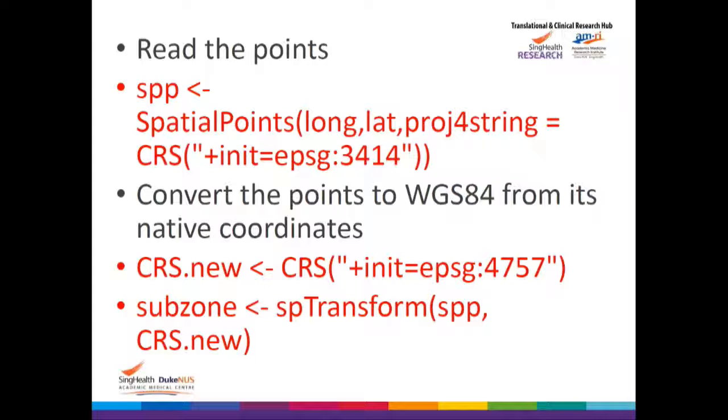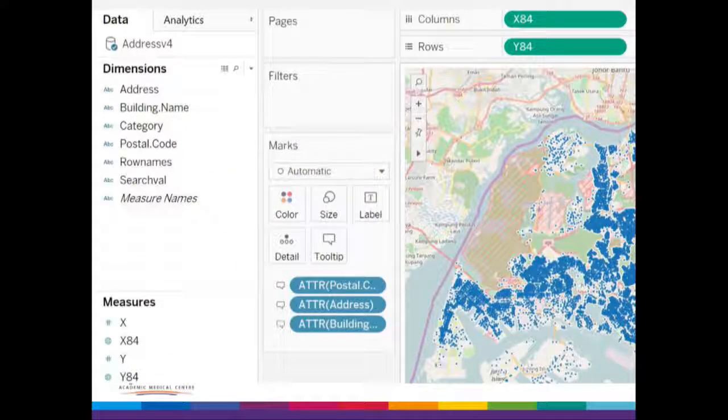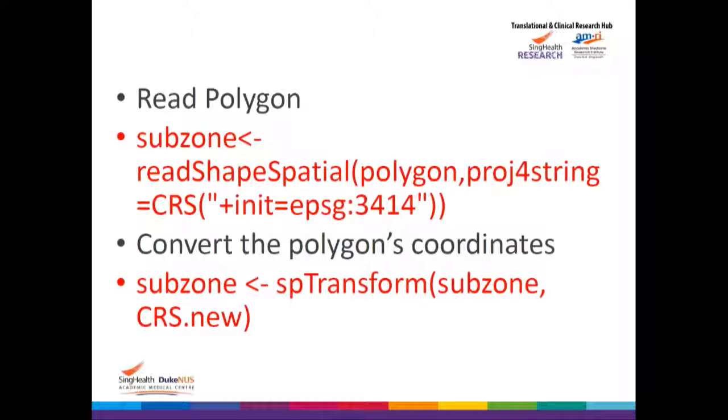Of course, if your data is in the standard WGS84 format, just go to this step. So you drag the latitude and longitude, but of course you have to specify it, which is what is